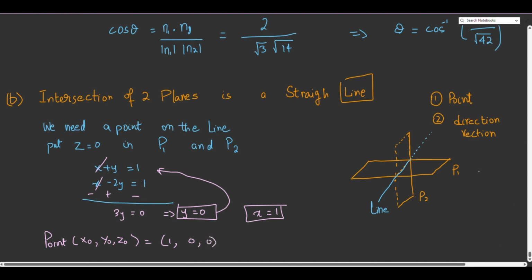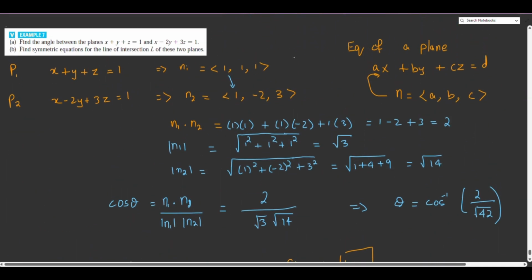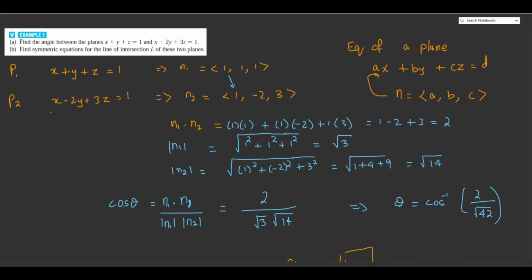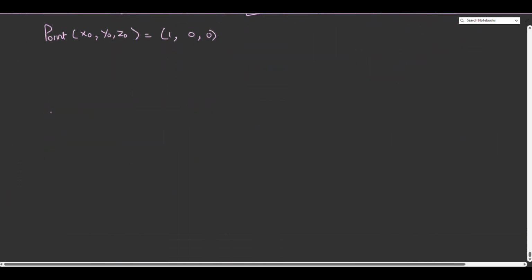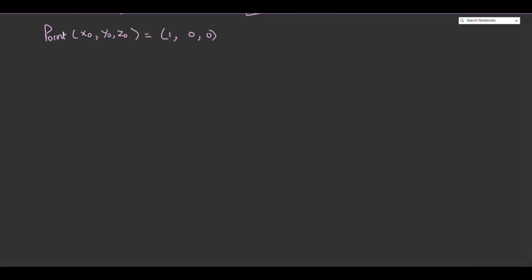The next thing we need to find is the direction vector. How can we find this direction vector? We already have the normal vector n1 to the plane P1 and normal vector n2 to the plane P2. We will find the cross product of these two vectors, and that will give us a vector perpendicular to both normals, which means it will be parallel to the line. So this is how we are going to do this. To find the direction vector for the line,